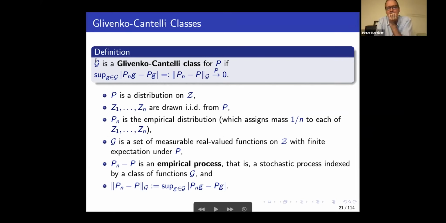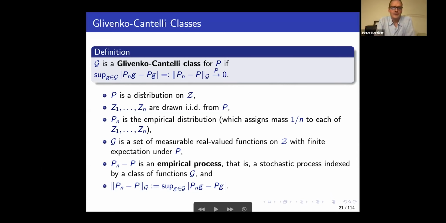We say that this class of functions is a Glivenko-Cantelli class for a given probability distribution if this maximal deviation between the sample average and the expectation, which in our notation is this G norm of this empirical process, is something that converges to 0 with some notion of stochastic convergence. I've written converges in probability to 0 here, but we'll see that in our case we can